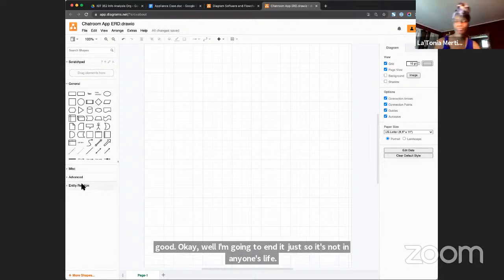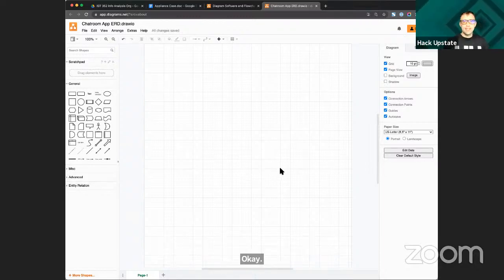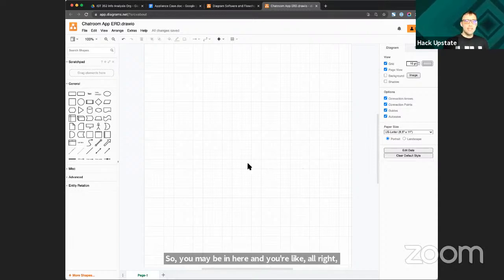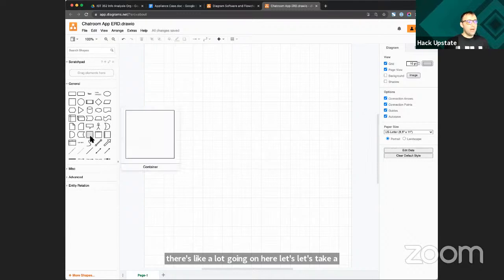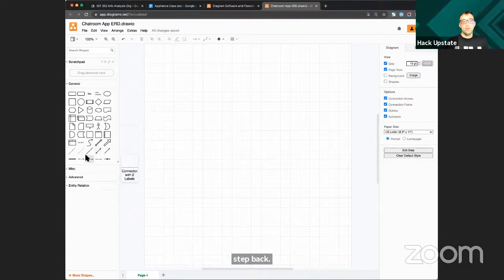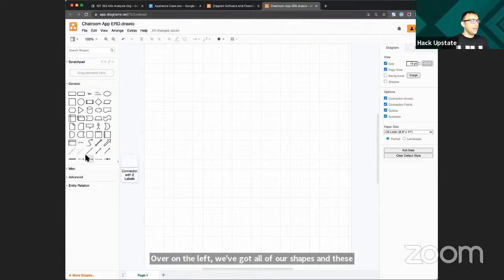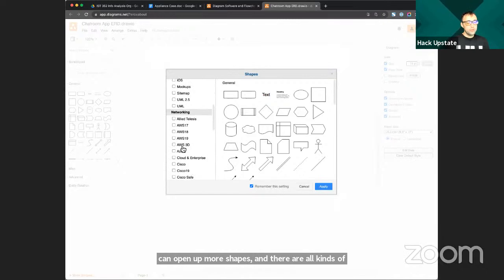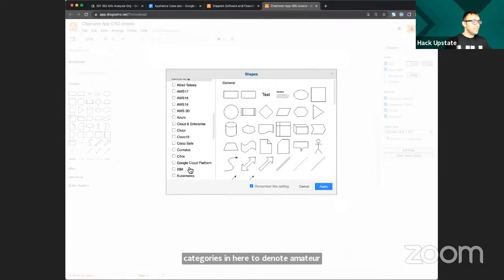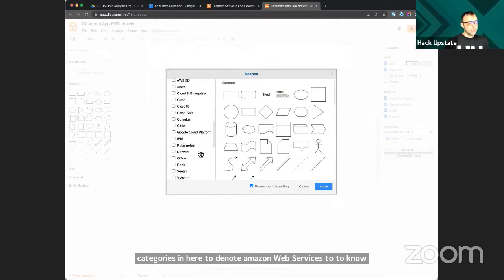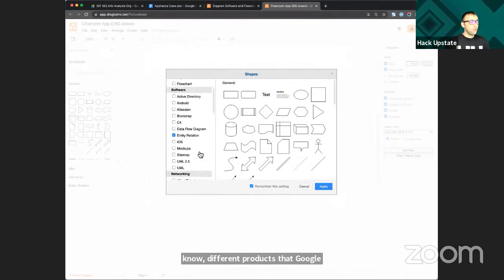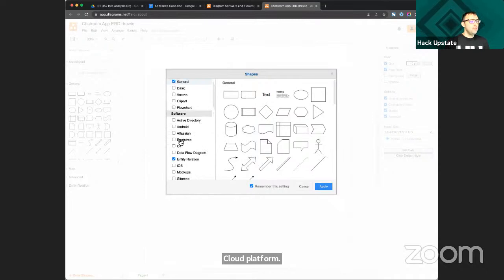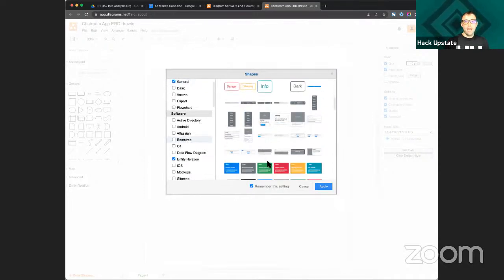Okay. So you may be in here and you're like, all right, there's a lot going on here. Let's take a step back. Over on the left, we've got all of our shapes, and these are general shapes that you can use to make any kind of diagram, any kind of flow chart. And you'll notice down at the bottom here, you can open up more shapes, and there are all kinds of categories in here to denote Amazon Web Services, to denote different products like Google Cloud Platform, to go through things like mockups, which some people do right in diagrams.net, to even pull in Bootstrap components like we had over in